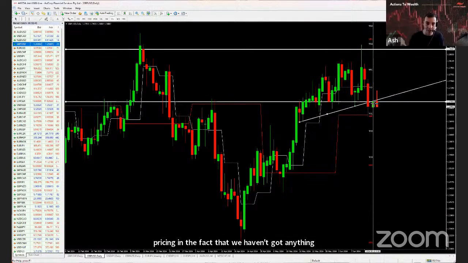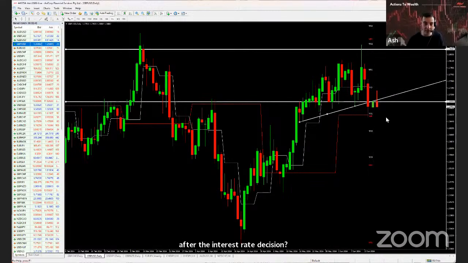The next step is, what is the next potential driver? And is the driver going to be low and maybe even lower after the interest rate decision? Or will it stay the same or be high? Now, if we make the assumption that it's going to be low, then there's likely to be further selling. And if you look at it on the weekly, then